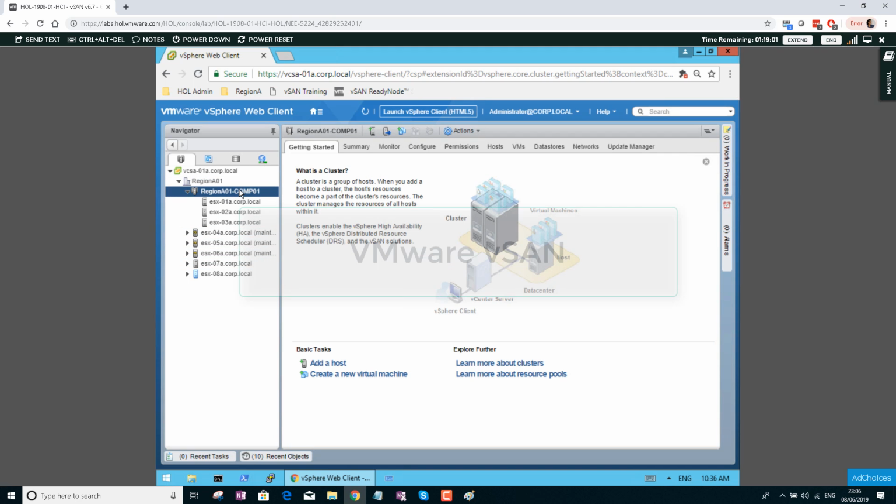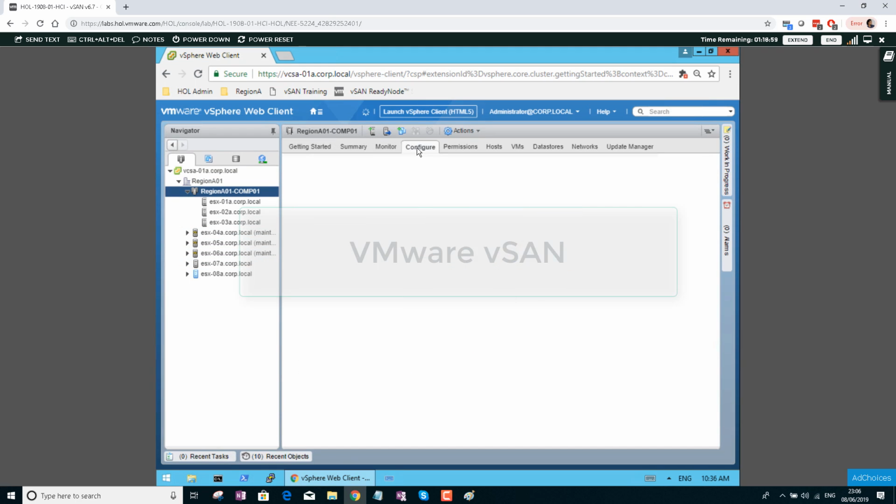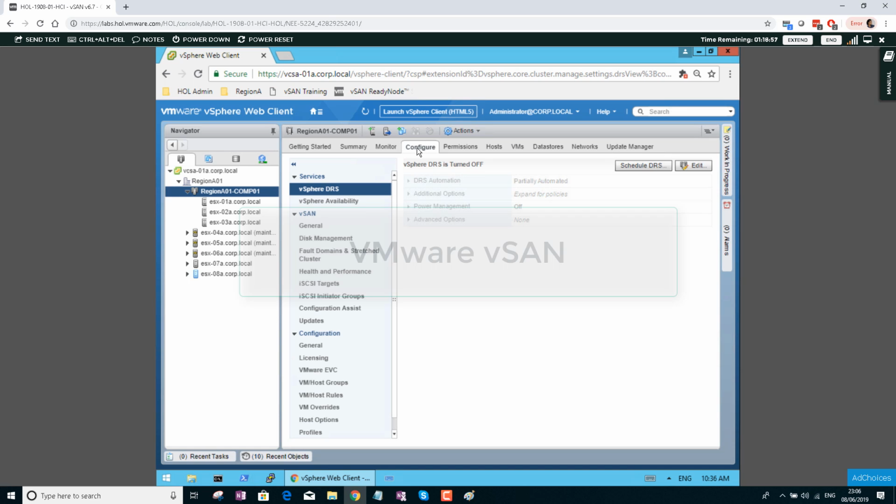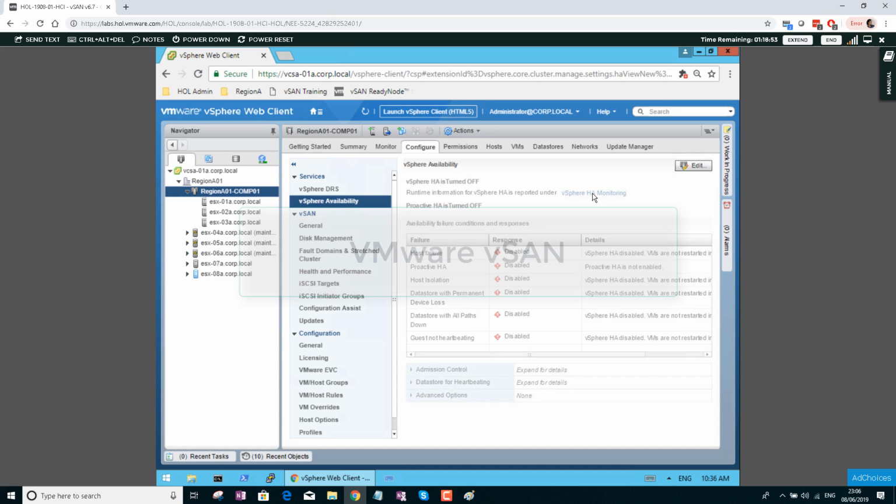And one more important thing, before we configure the vSAN cluster, we need to disable the HA, high availability. It's already disabled, but just keep it in your mind, we need to disable the HA before we configure the vSAN cluster. And each host